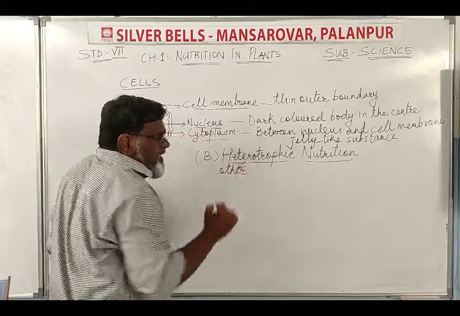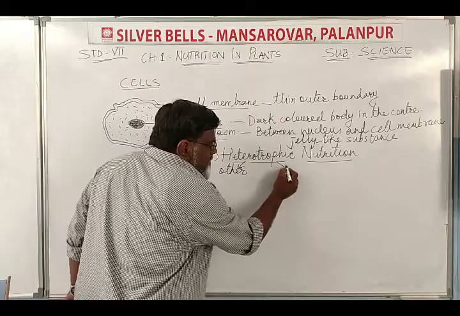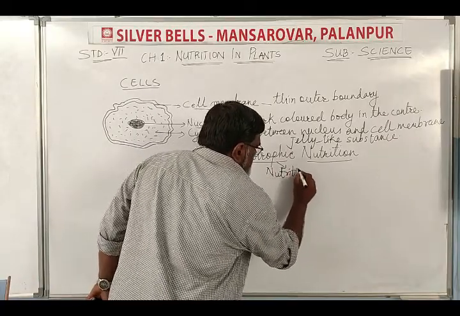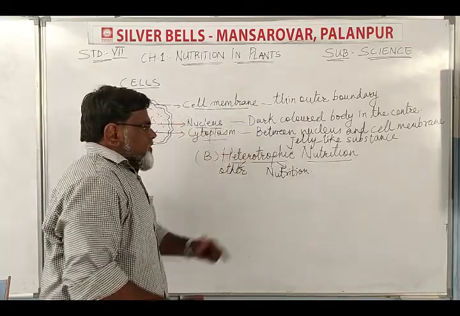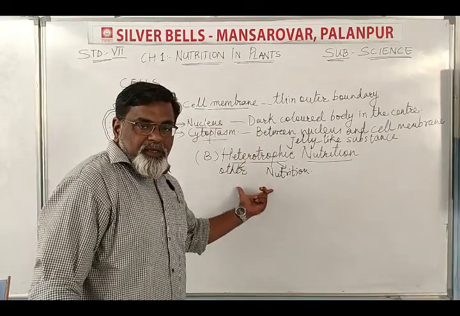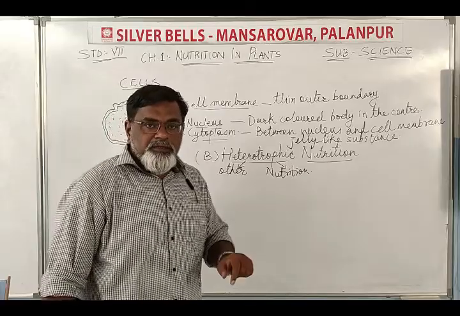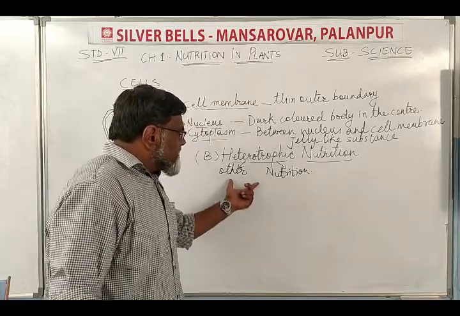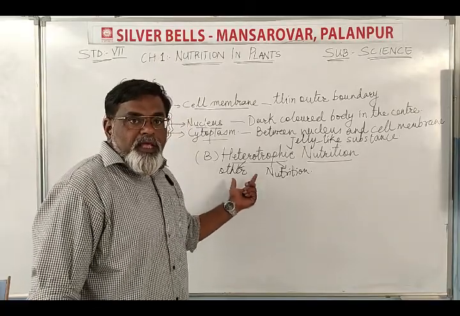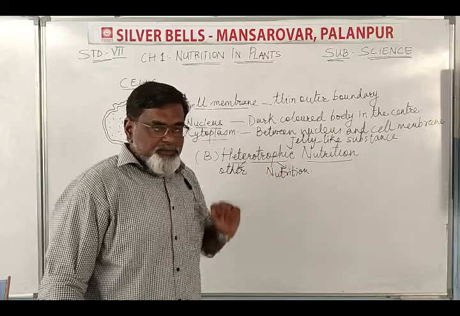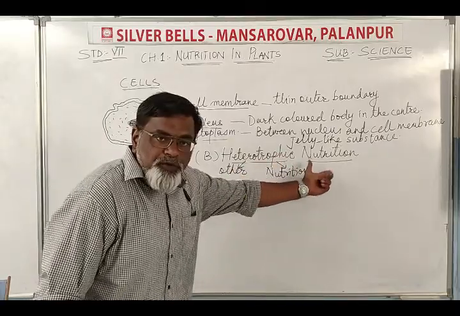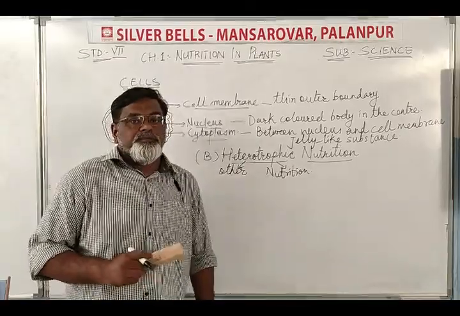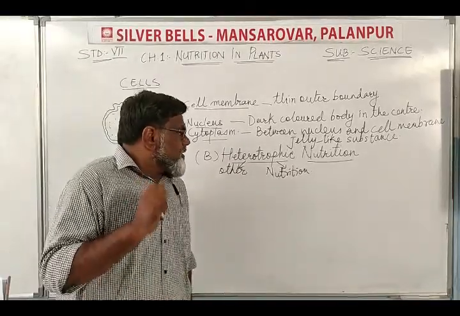Hetero का मतलब other, trophic means nutrition. यानी that animal which depends on other for his body development is called as heterotrophic. That is heterotroph animal. Clear? तो ये पार्ट ऑफ मोड ऑफ न्यूट्रिशन में क्या है? हेटरोट्रोफिक न्यूट्रिशन. ओके,